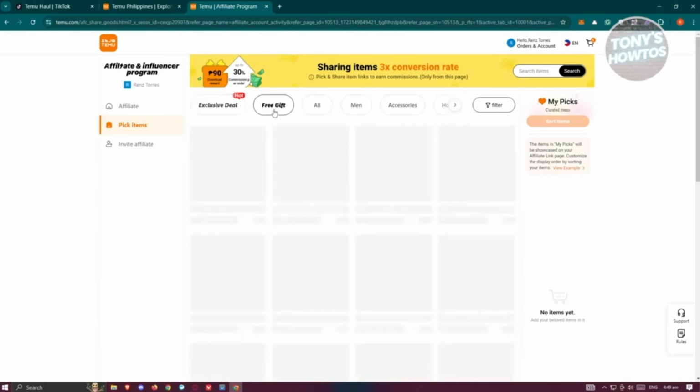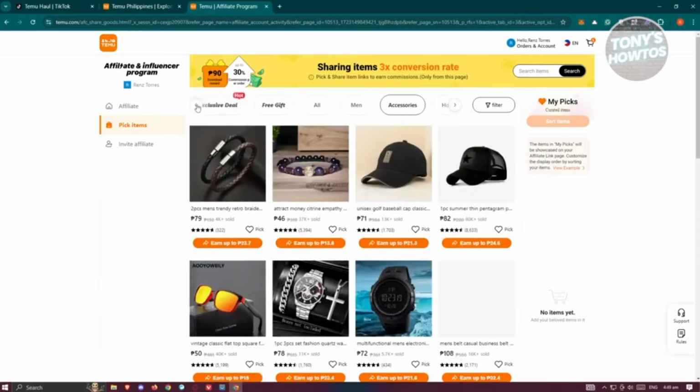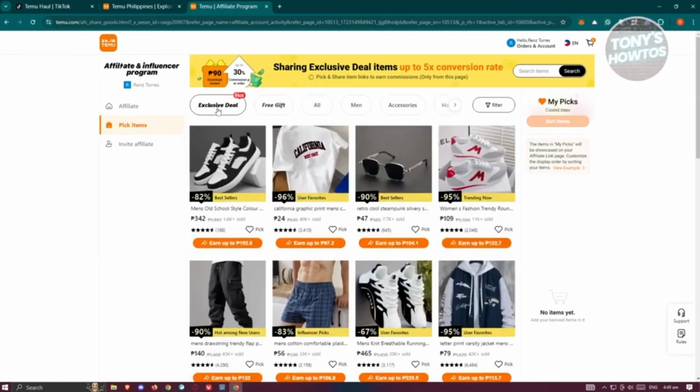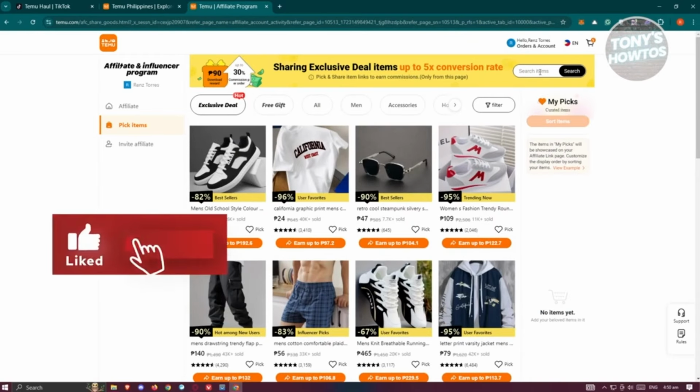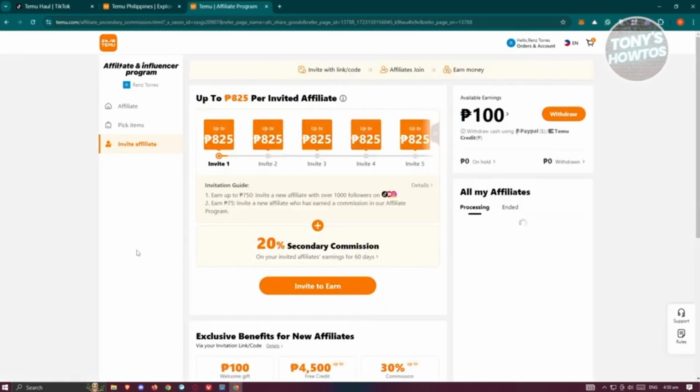Now, you could also use free gifts here, all or men accessories, or you could even choose different categories here. Or in this case, the hot one is going to be the exclusive deal as well. Now, you could also search for items here if you want to. Now, you could also earn on the invite affiliate. So meaning you could actually invite different people to